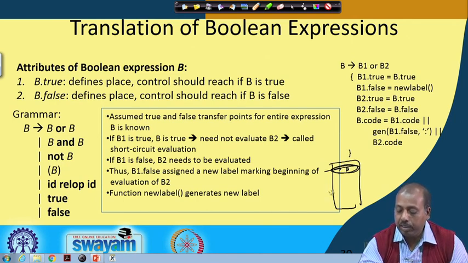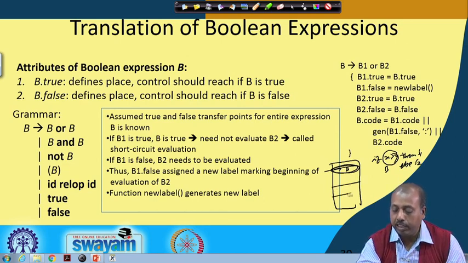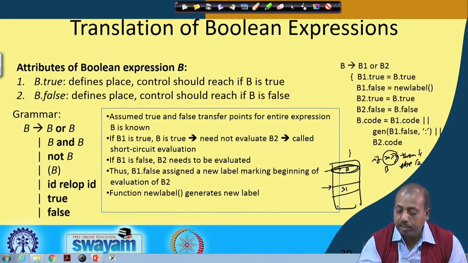Maybe if it is an if then else statement, like if x is greater than y, then S1 else S2. So, if this is my b, and b happens to be true, then I should jump to the portion of code where S1 is being executed. S1 has been coded. On the other hand, if b is false, then I need to jump to another piece of code which is S2.